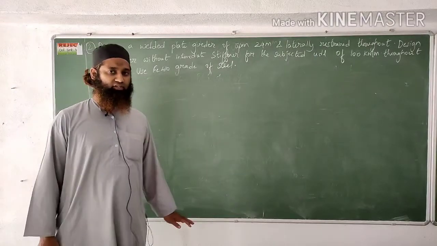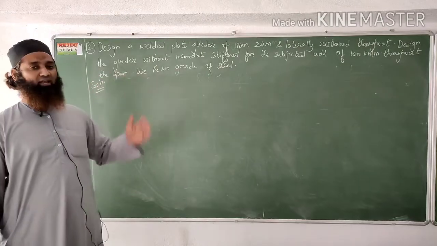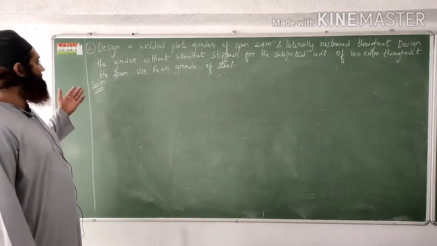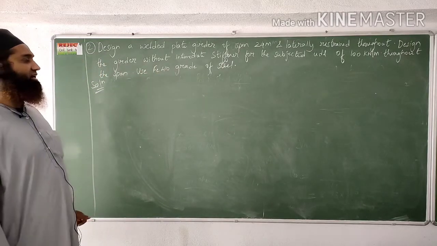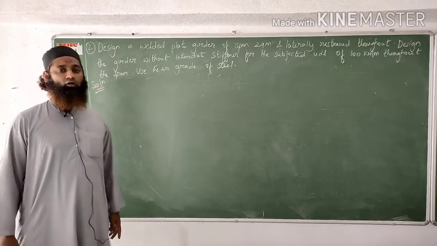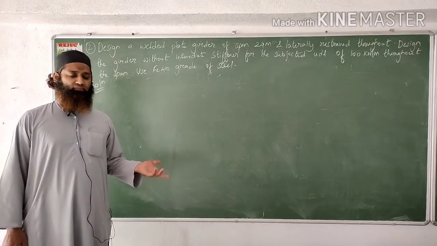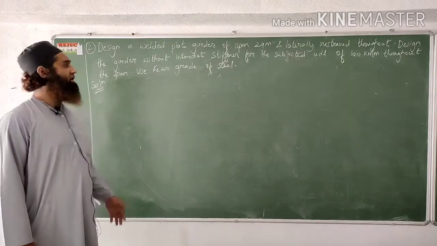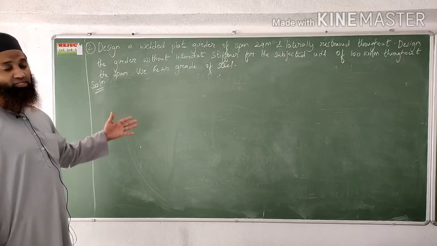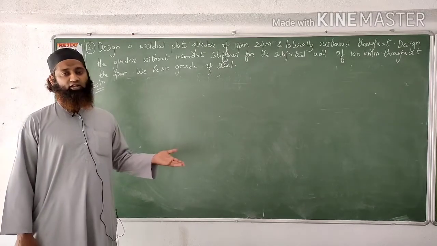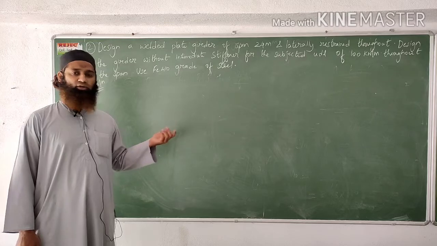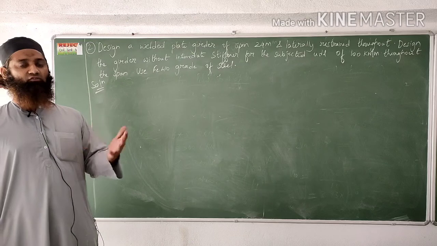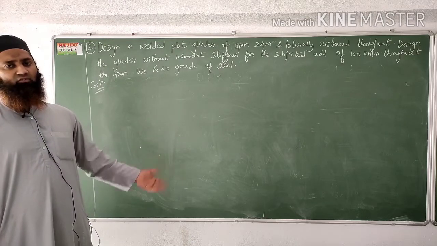What we had done here: first, when we see the problem, we see what is the span given. In this problem 24 is the span, and the UDL coming onto this girder is 100 kilonewton per meter, and he has given here not to provide intermediate stiffeners. Regarding the stiffeners we'll be seeing in the problems coming in further sessions. Here he has not given the self weight, so next we assume the self weight. As I had told you, we have to assume somewhere around 150 or 200. I have taken it around 150 kilonewton.